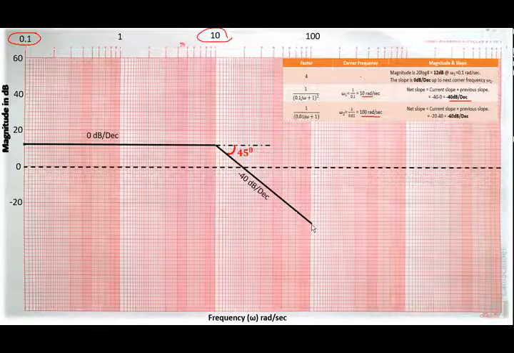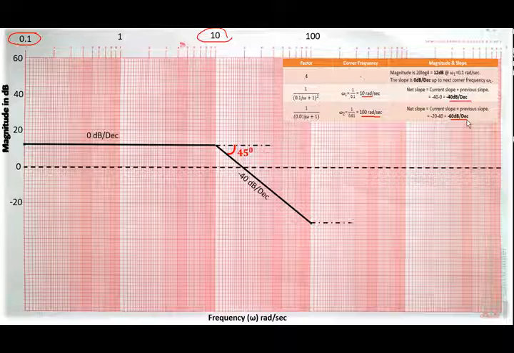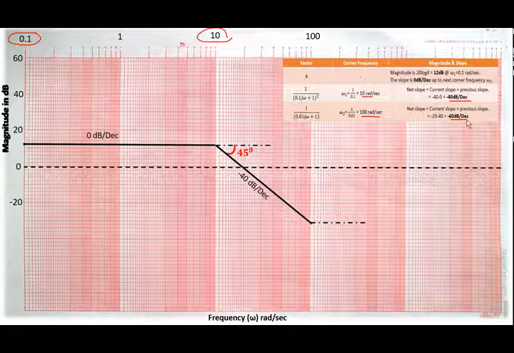Till infinity, the slope will be minus 60 dB per decade. For minus 60 dB per decade, the angle is 56 degrees. Take the horizontal line as reference, and starting from that line, measure 56 degrees and draw a line till infinity. You can draw it anywhere because it ends at infinity. So this is the minus 60 dB per decade slope. So this completes the magnitude plot.